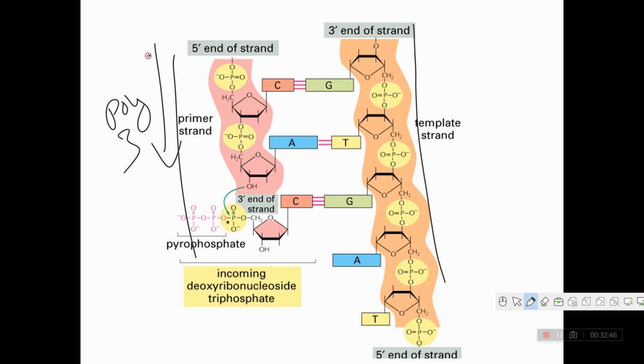So when it moves in this direction, the nucleotide according to this template nucleotide base pairs with its opposite nucleotide. Suppose here is A, then T will come and bind with this by the formation of hydrogen bonding. So according to that, only the new strand will be synthesized. Synthesis of the new strand will take place, right?